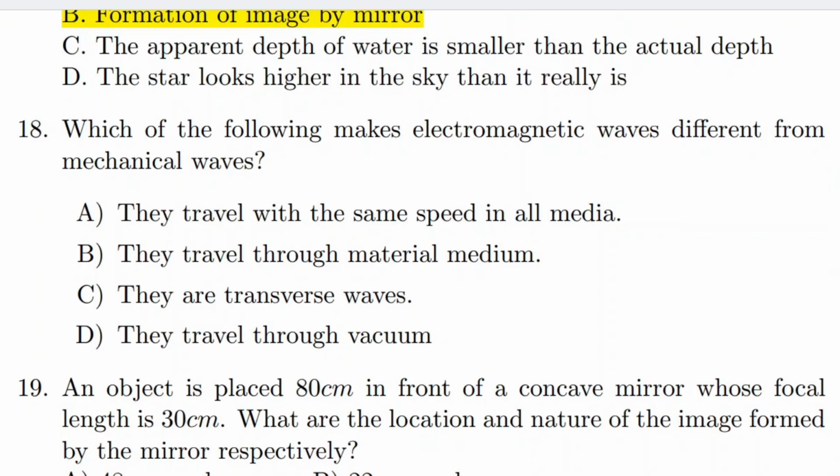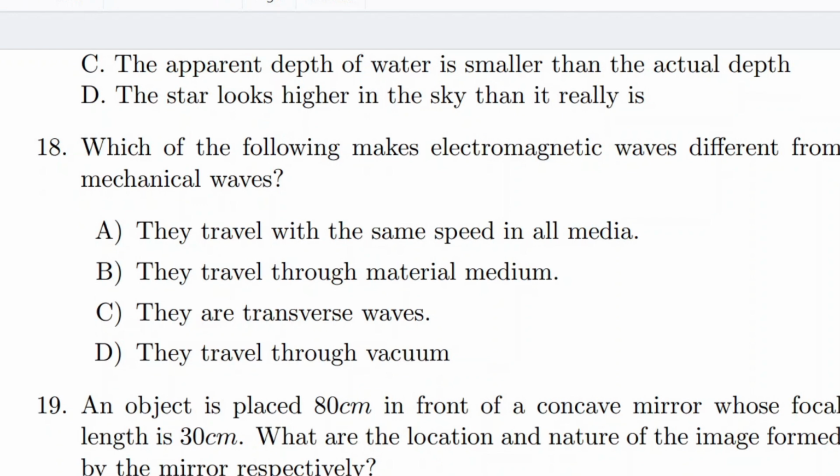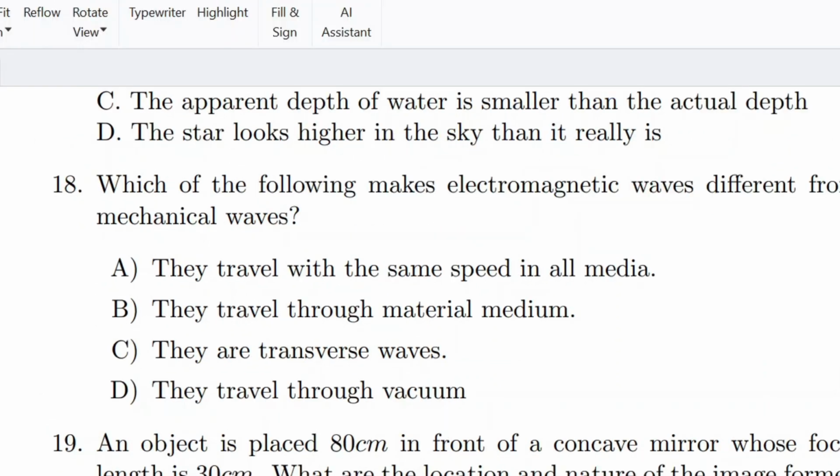Question number 18 says, which of the following makes electromagnetic waves different from mechanical waves? So electromagnetic waves are formed due to the oscillation of electric and magnetic fields, and we can also say an accelerating charge produces electromagnetic waves. Electromagnetic waves are always transverse waves and they can pass through vacuum and also through a medium. A says they travel with the same speed in all media. Now this means the speed of light or electromagnetic wave changes when they pass from one medium to the other,